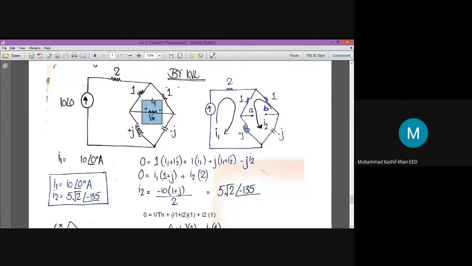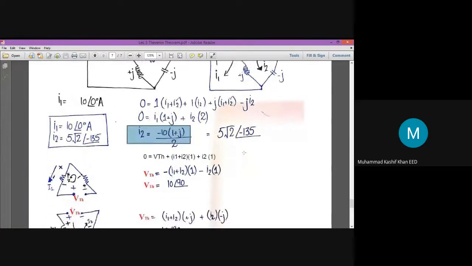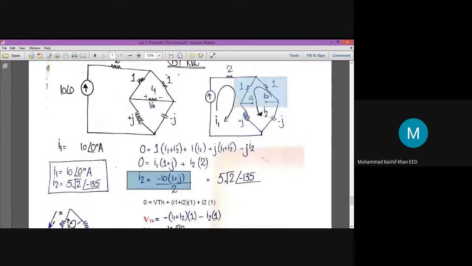Now in this particular circuit, this is our element of interest. We have to find the potential drop across this 4 ohm resistor. So I have removed the 4 ohm resistor. In the first step, I have assigned loop currents to both loops. This is one loop and this one is the other loop. In loop number 1, the current is known because I have a current source. The current in loop number 1 is 10 ampere. I have applied KVL on the second loop and got the value of I2. Now, this was the easy part.